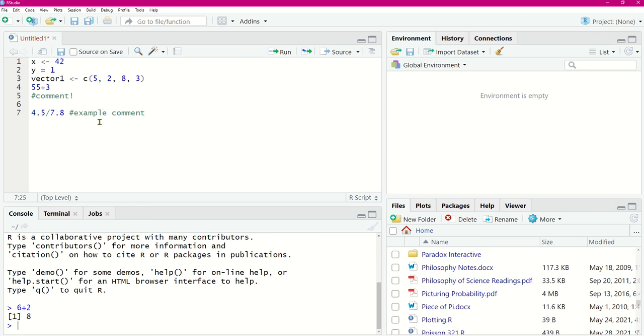So it makes it a little bit easier to see what's what in your code. Might make it a little bit easier to read. That's one benefit. Another benefit, as you can see along the side of the code here, is that RStudio automatically